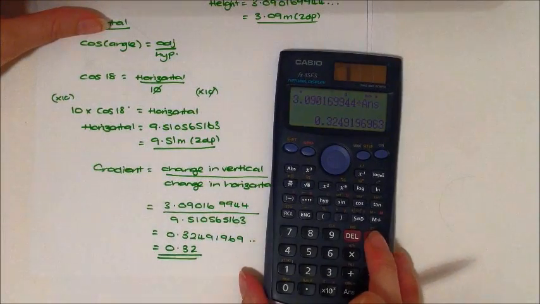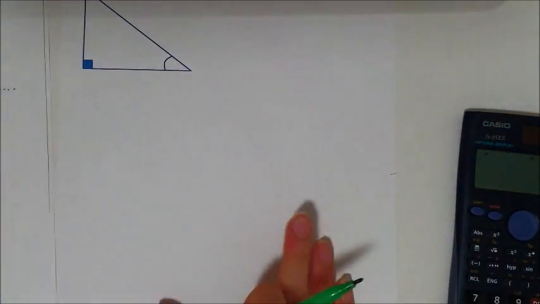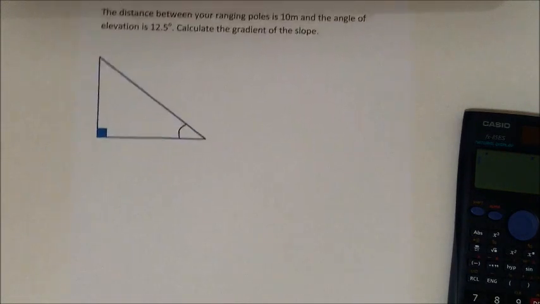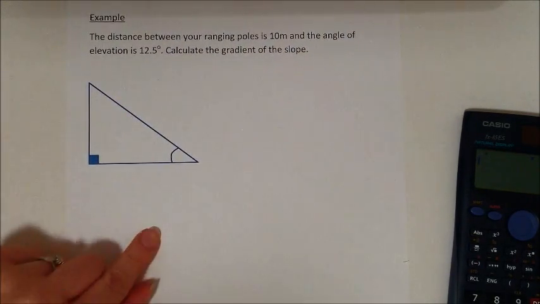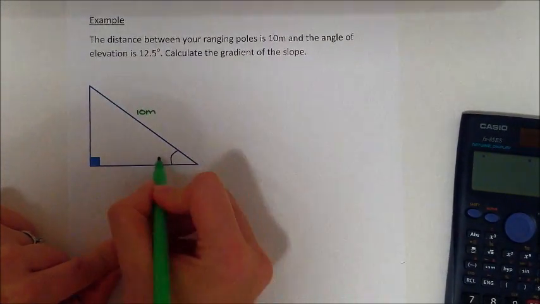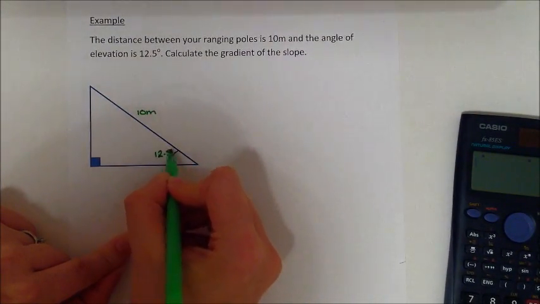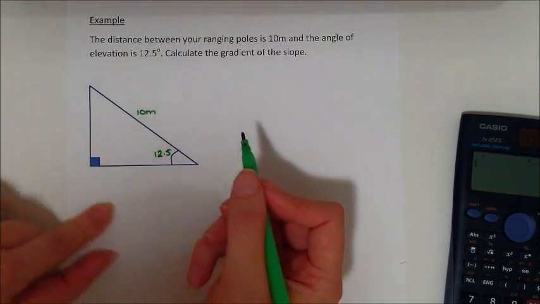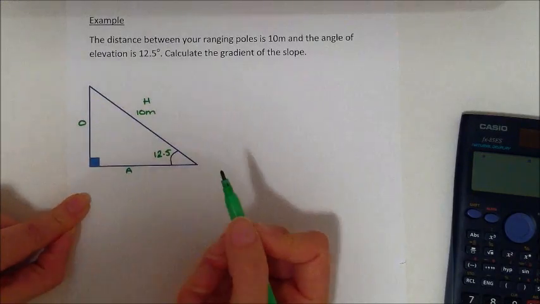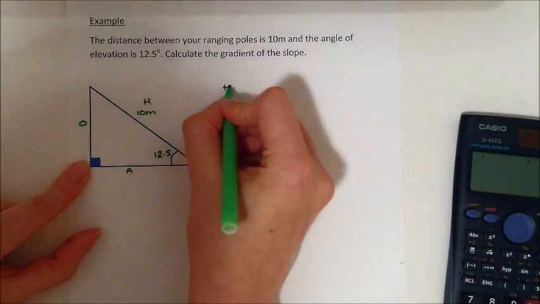Now if you wanted to compare this with another part of your valley, we could look at another one, and hopefully we'll do this one a little bit quicker. So again, we've got a distance between our ranging poles of 10 metres. The angle this time is 12.5. We're going to label our sides, so this would be the hypotenuse, the opposite and the adjacent. We're going to work out the height,